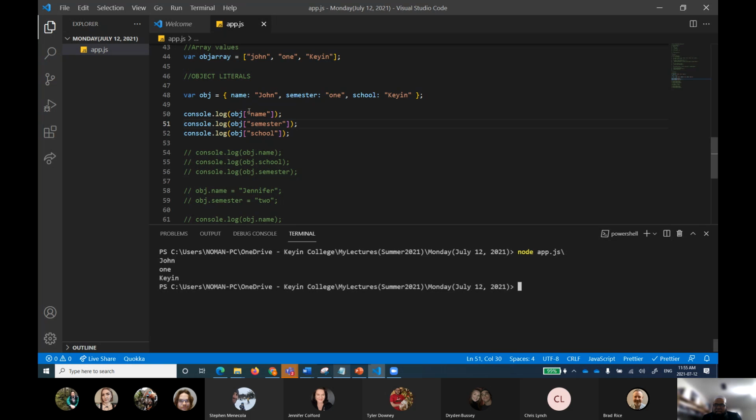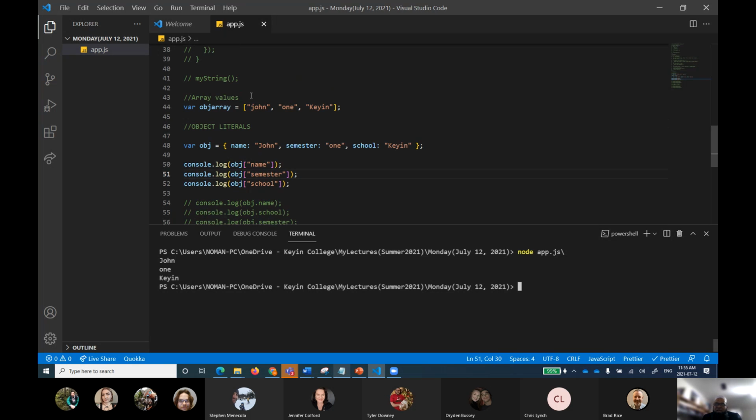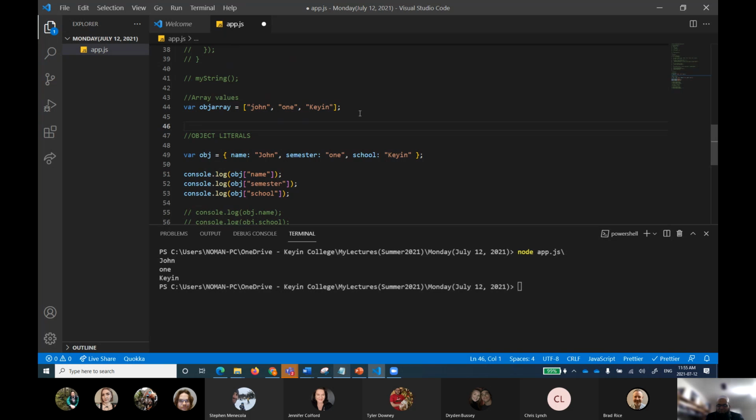Now, this is another way of accessing object values. We can use it in the same way as we access array values. Now, let me tell you a very interesting thing. Console.log, obj array square brackets. If I want to print keen over here in this line 46, what should I give in this obj of array?